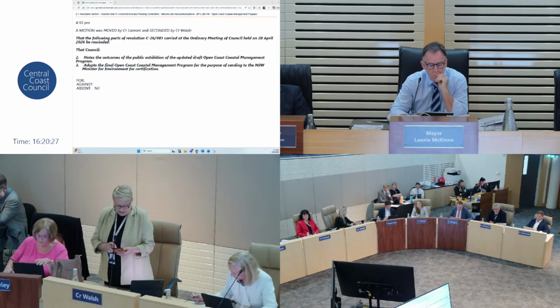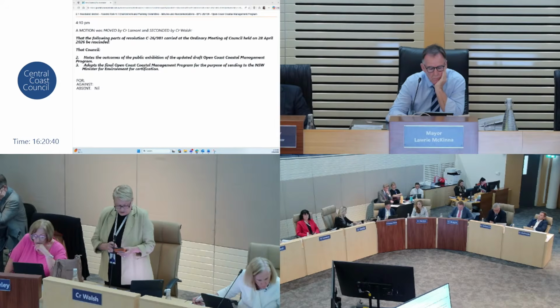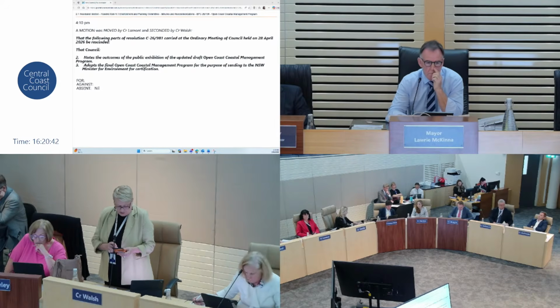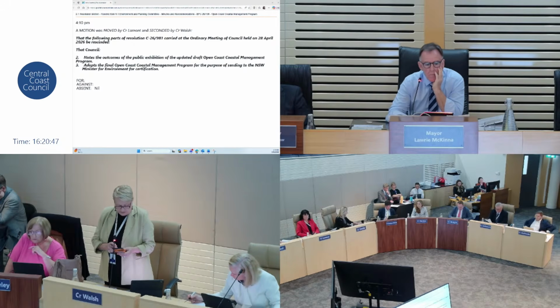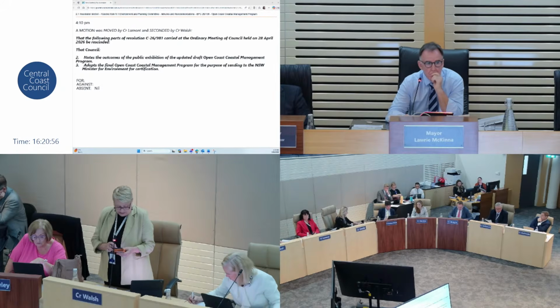And we know from the CMP itself that in some high-risk areas, planned retreat may ultimately be unavoidable, and that is written into this CMP. So why should we rush to certify a document that leaves these questions unresolved? Why should we lock ourselves into pathways that may worsen long-term environmental and social outcomes? The proposed amendments are entirely reasonable. They seek clear sequencing, scientific rigour, environmental transparency, honest acknowledgement of long-term retreat possibilities or realities, and accountability to community feedback. All of this matters.